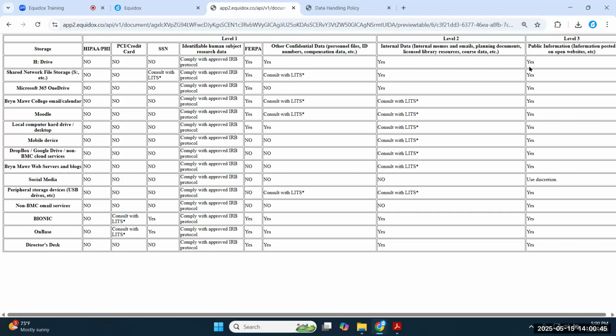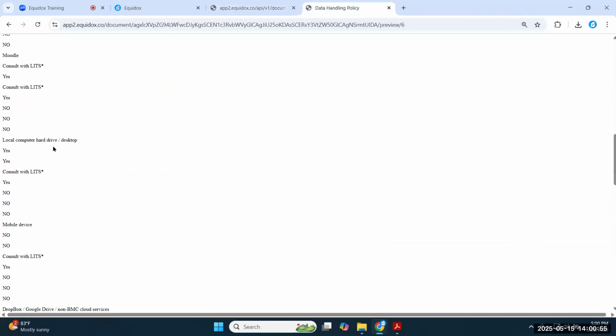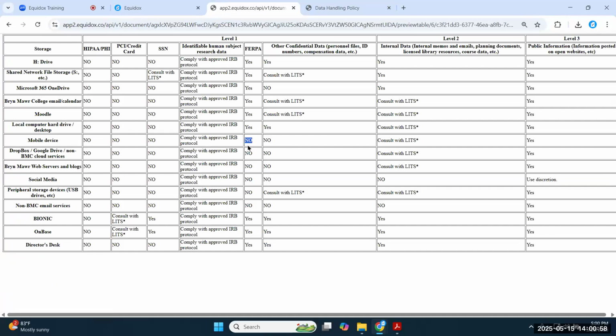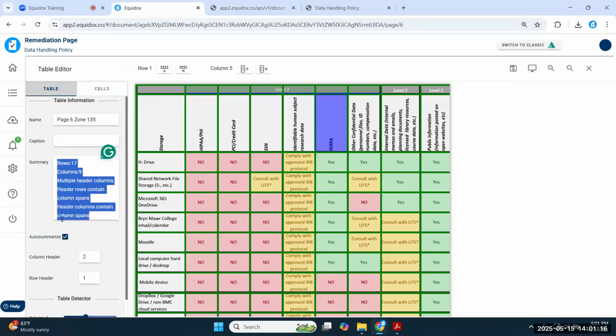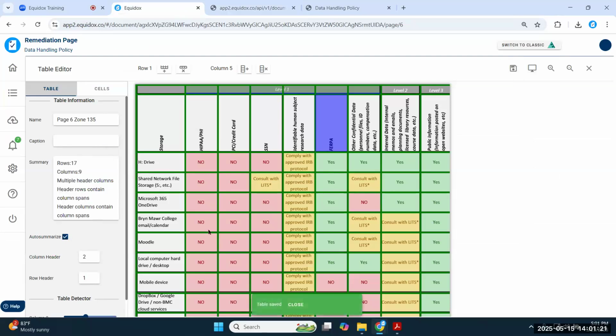So now this is structured properly so that regardless of what cell a screen reader user finds himself in, if they're in this cell right here, they're no longer just lost in the middle of this sea of information. They know specifically that they are in the mobile device row, that it's the level 1 parent column, and then the FERPA sub column. So they can freely roam around in this table, and they're always aware of where they're orientated. And again, if I hit the auto summarize checkbox, all of that information that's required programmatically writes itself. And again, you can just save the table.